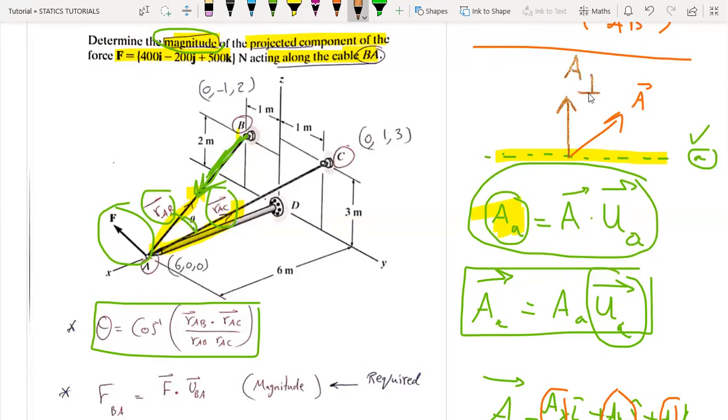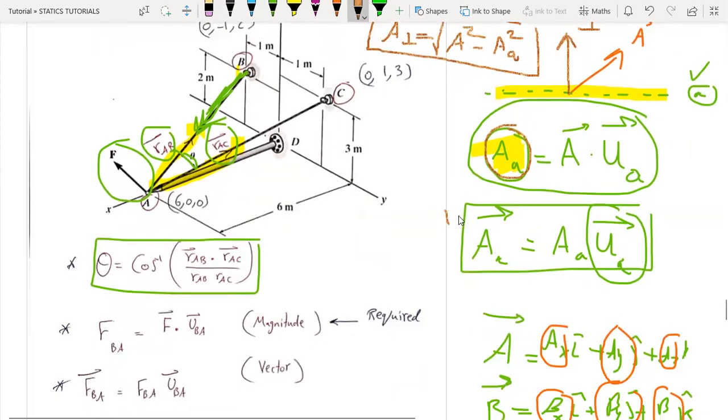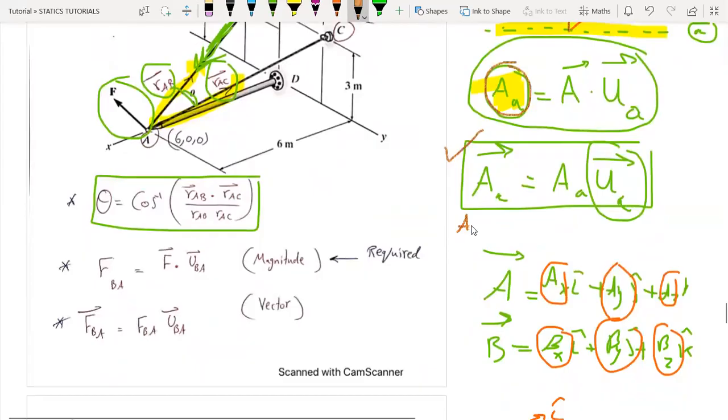Simply, if we have the magnitude, we can say the magnitude of A squared minus the magnitude along the axis squared, of course, and here the square root. So here is the perpendicular component, if we are dealing with scalar notation. But if we are dealing with vector notation, the perpendicular component in Cartesian form is equal to A minus